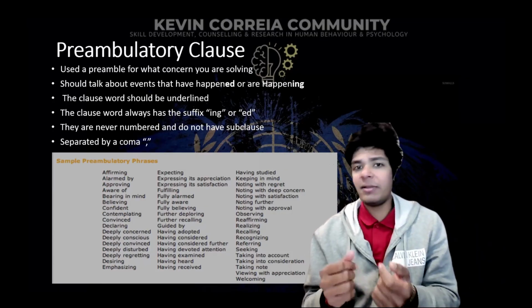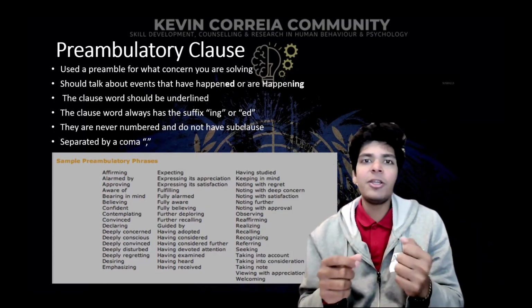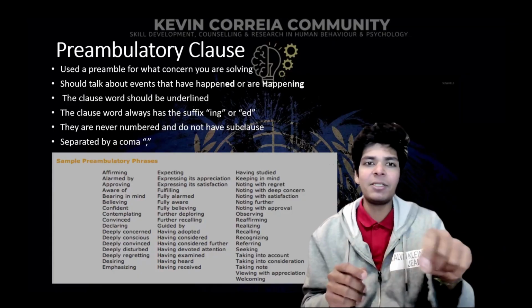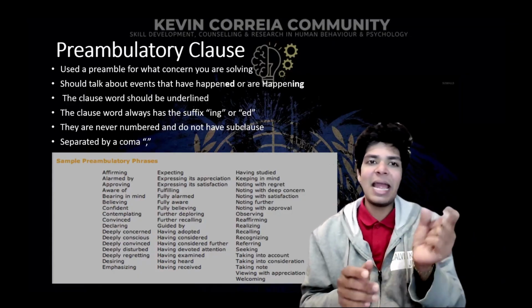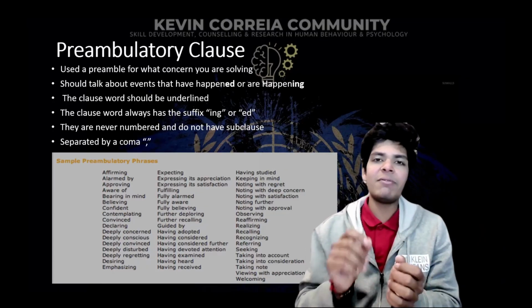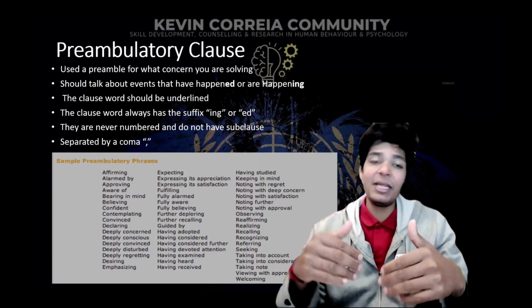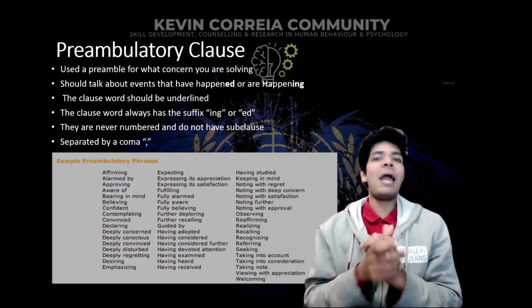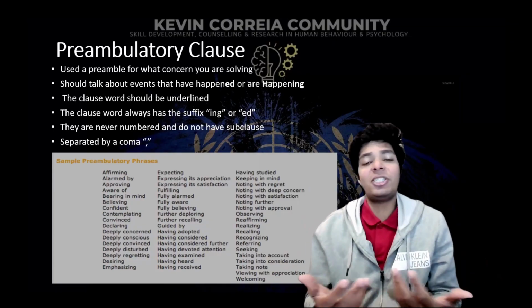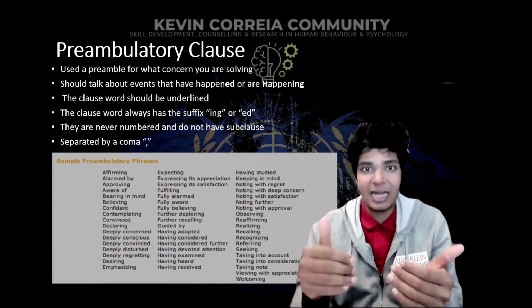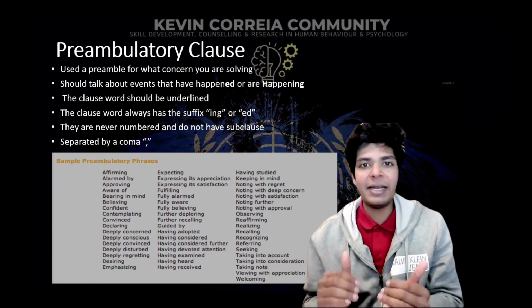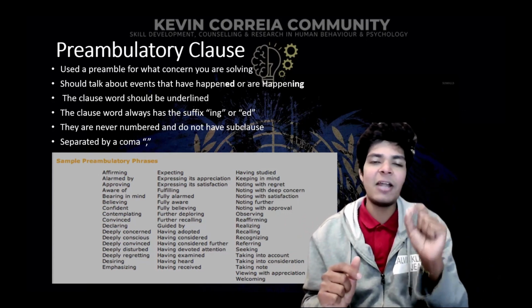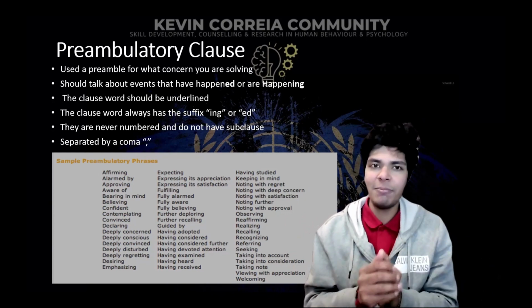Like if you check out in this particular picture, you will see that all these different examples of the preambulatory clauses that have been given to you either end with the word ending in ing or they end with ed, because they're either happening or they have already happened. Now, preambulatory clauses, of course, cannot be changed because they have already happened or they're happening right now, right? That is why, since they cannot be amended, they do not have any kind of bullets. They don't have numbering, okay?